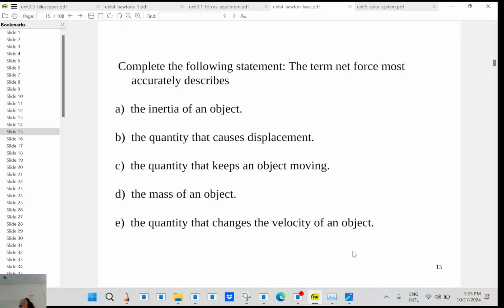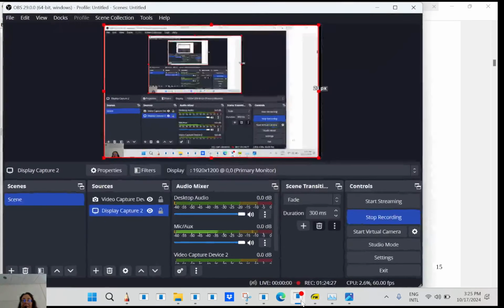Okay, so this unit is easier because it's more concept. And then by the way, it's going to get easier, right? The hard